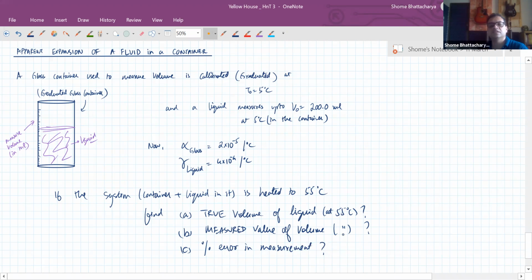Why is there a percentage error? Because the container has expanded. So it's not going to measure volume accurately because it was